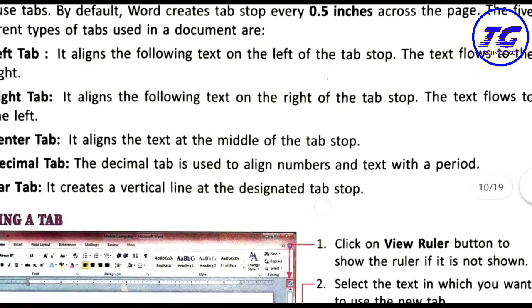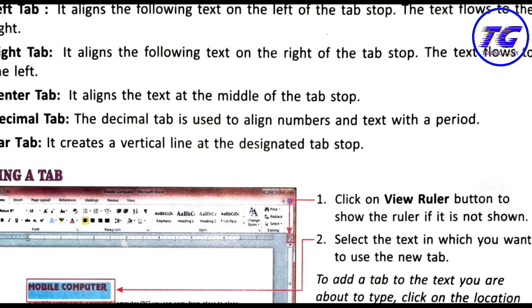Right tab is there. Once the right tab is set, the text will flow to the opposite direction, that is the left side. Center tab is there. Here the text will appear in the middle of the tab.